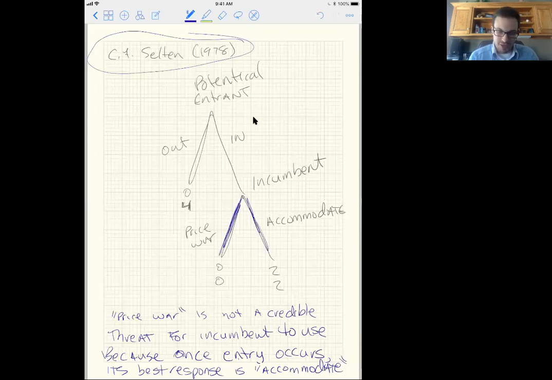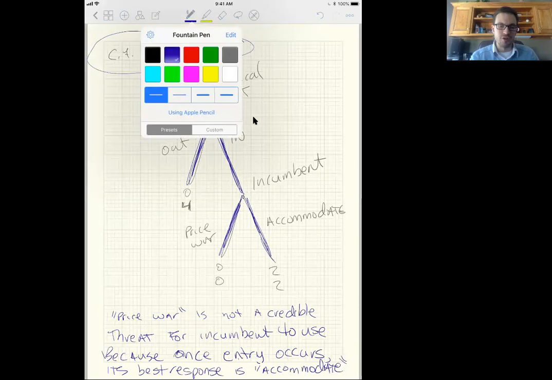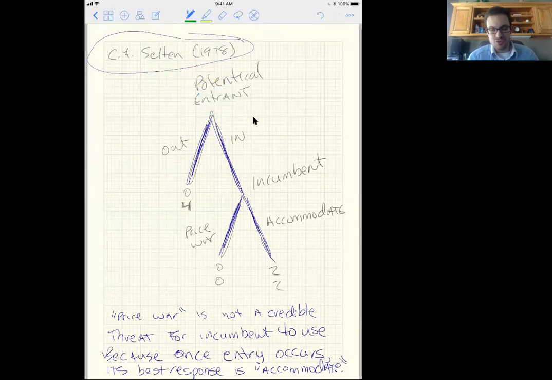I'm not going to introduce that concept here in this introductory video. However, I'll introduce the motivation for that concept. So suppose we have 2 firms. One is an incumbent in this market, and the other is a potential entrant. Our potential entrant has the choice between entering or staying out. And our incumbent has the opportunity to either accommodate the entry and split the market share, or to fight entry